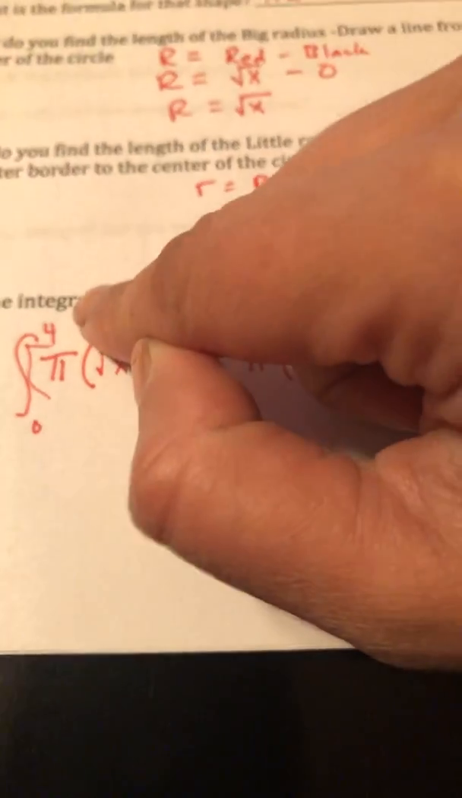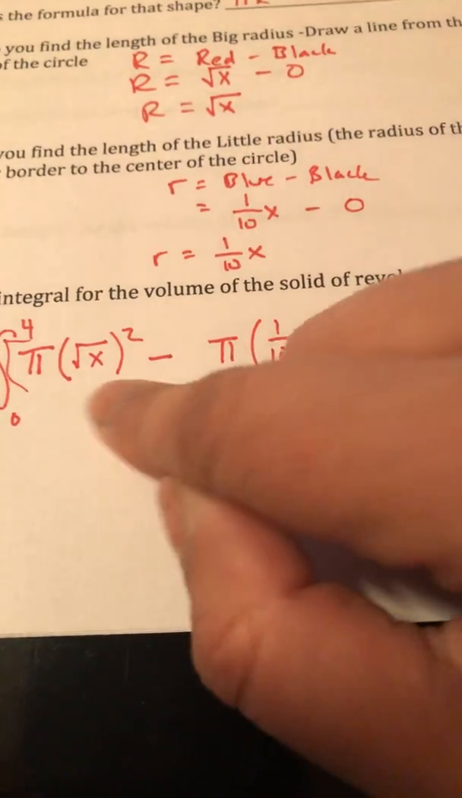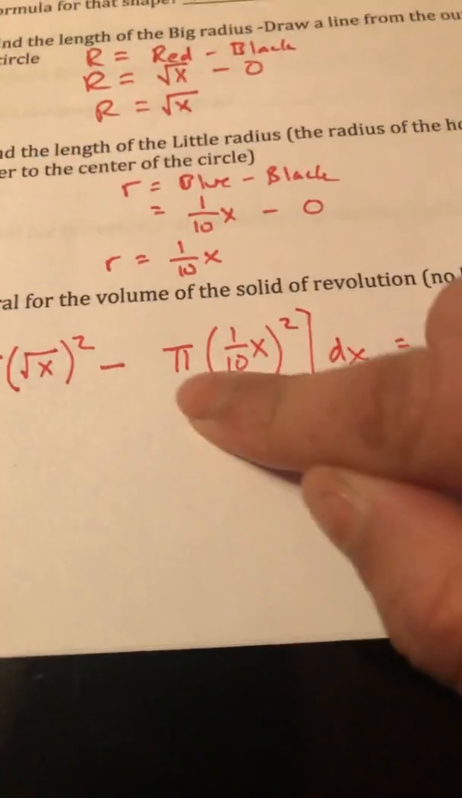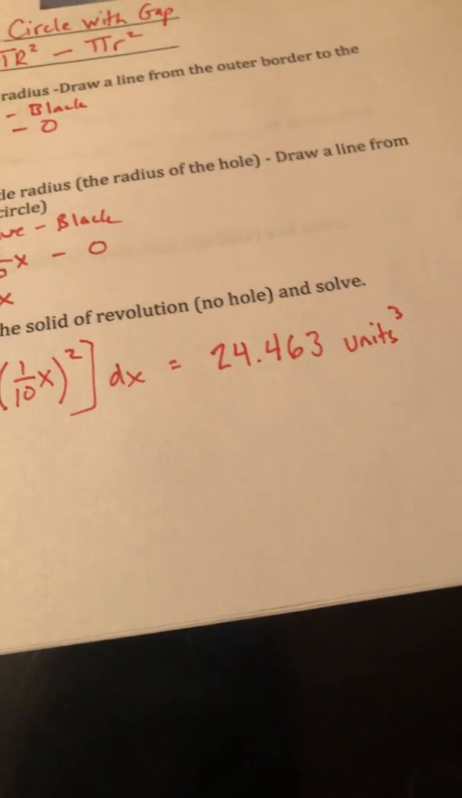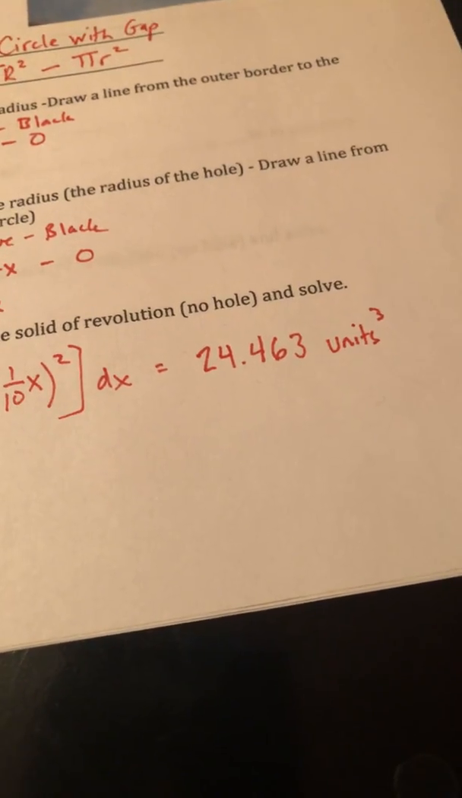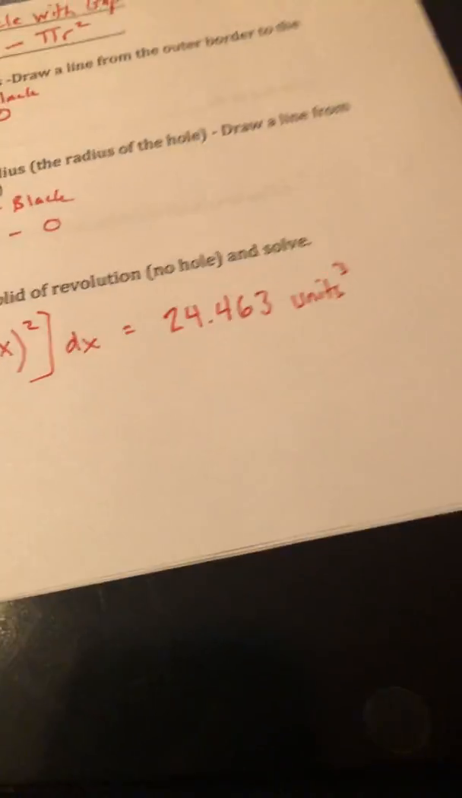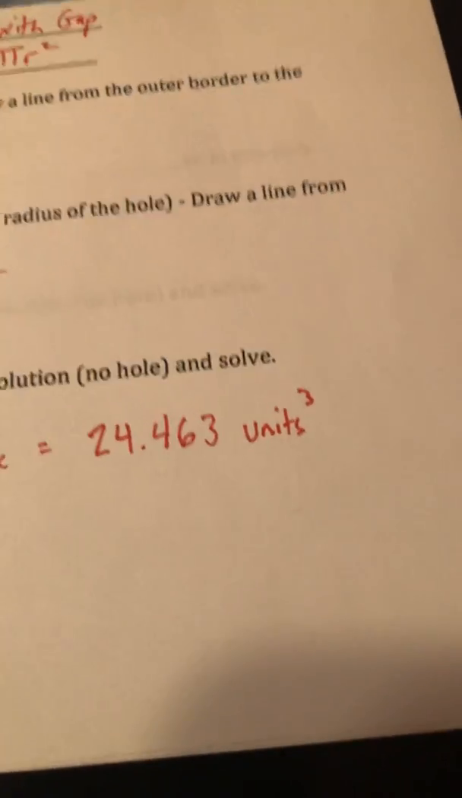Lower bound, upper bound, pi r squared outer circle minus pi r squared gap circle is going to give me the volume of that solid that was created. And there's my answer to the problem. So this is different from the previous problem in that the previous problem was a solid with no gap, no hole, and this is a gap